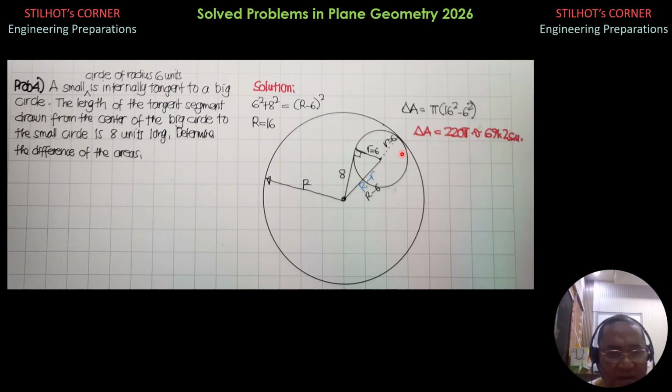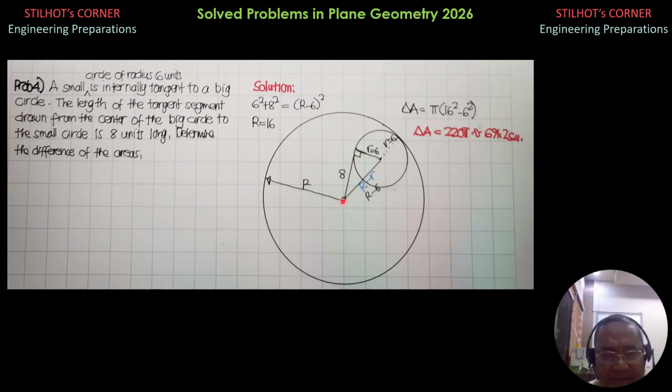So let's have the figure. This is the big circle. This is the small circle. You can place the small circle anywhere for your convenience, but I placed this here in general. Anyway, the result is the same. So this is the tangent segment to the small circle from the center of the big circle to the small circle, 8 units long. The radius of the small circle is 6 and they are perpendicular at the point of